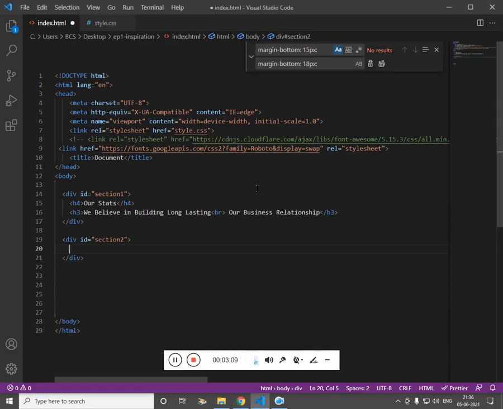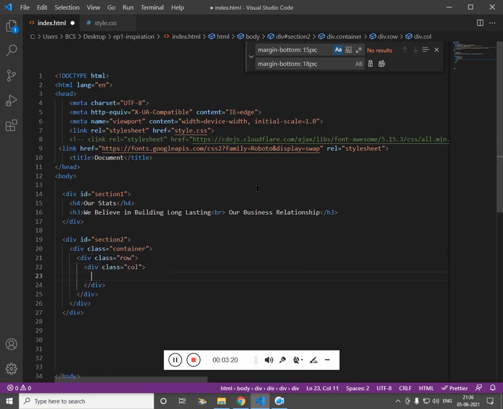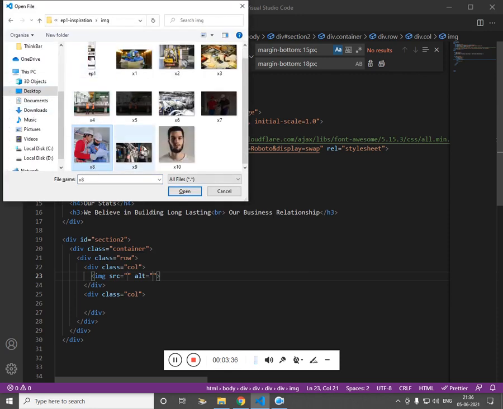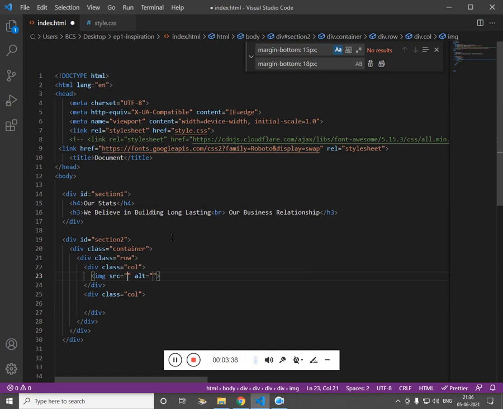and inside the section 2 we need a container, and inside the container we need a row, and inside the row we need columns, first column and second column. The first column will have an image. Let's open the image, x8. Inside the img folder we have x8,